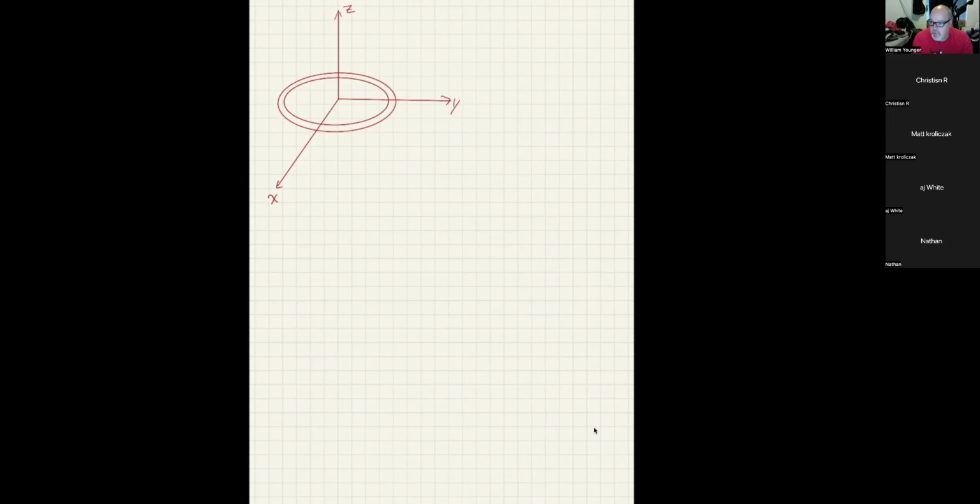And it's centered on the origin, and we're looking for the voltage, the electric potential at that point, a distance z above the axis that the